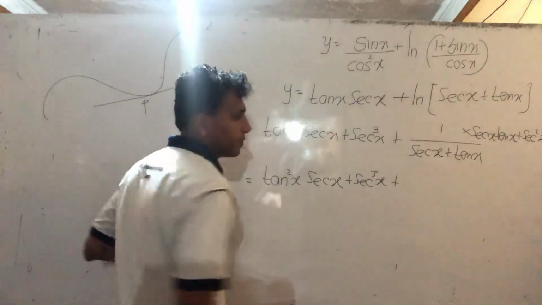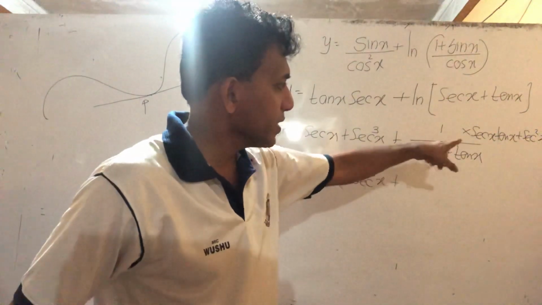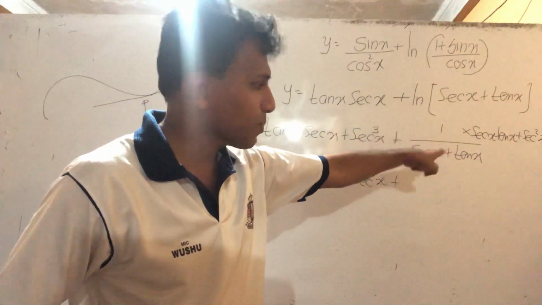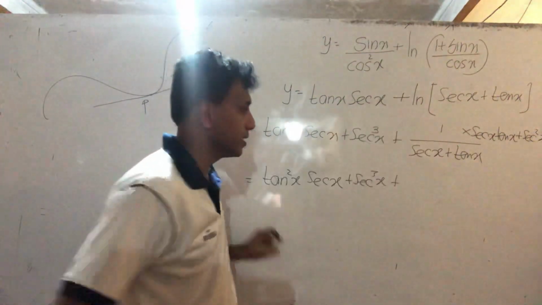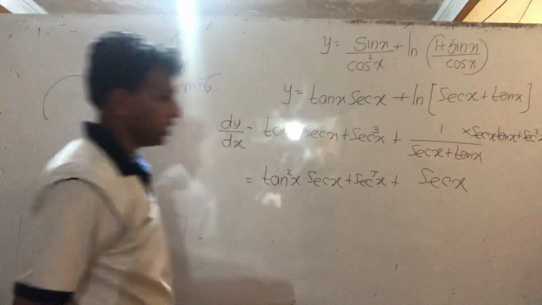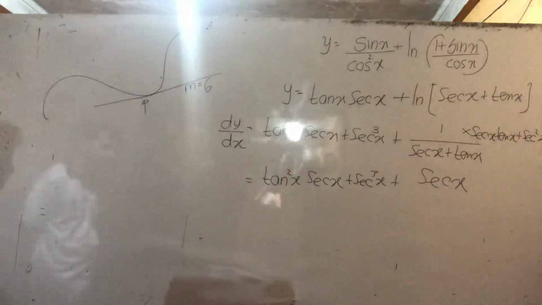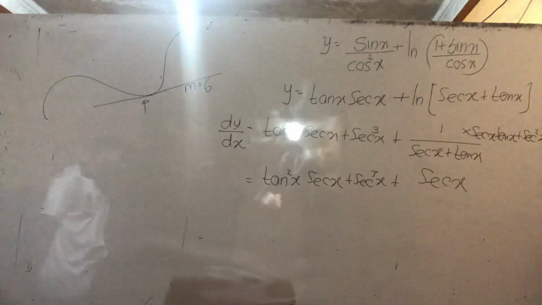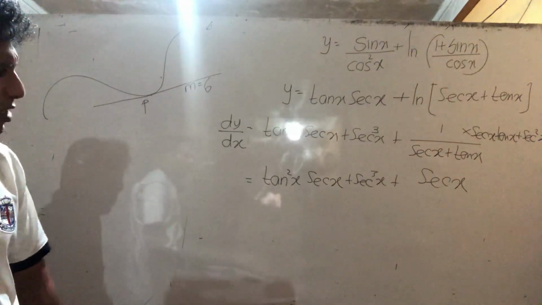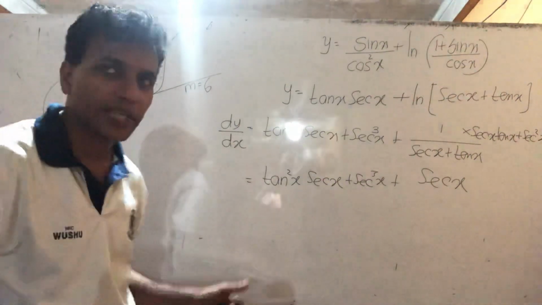See there, if you take the sec x out in the numerator, that is sec x plus tan x. Cancel, is it? So sec x only. This is dy over dx. You can simplify further, think of any mode of simplification. Can I change completely? If it's better, you take all in terms of sec.